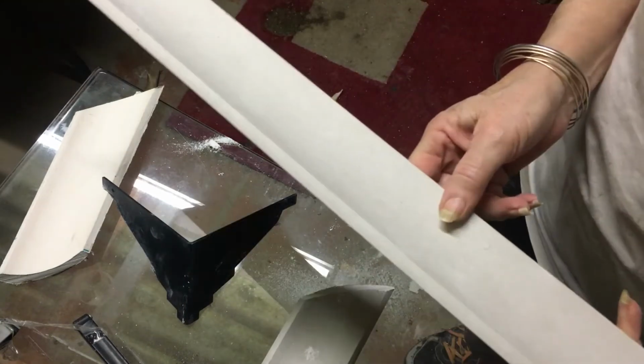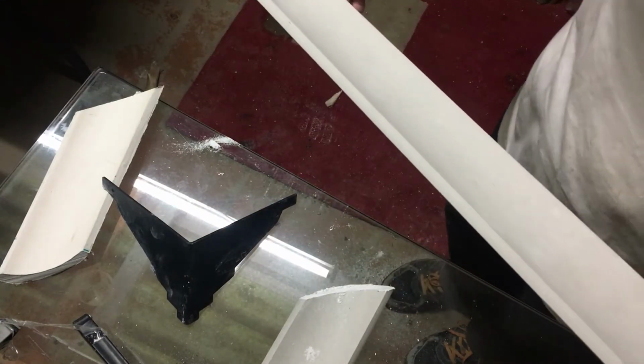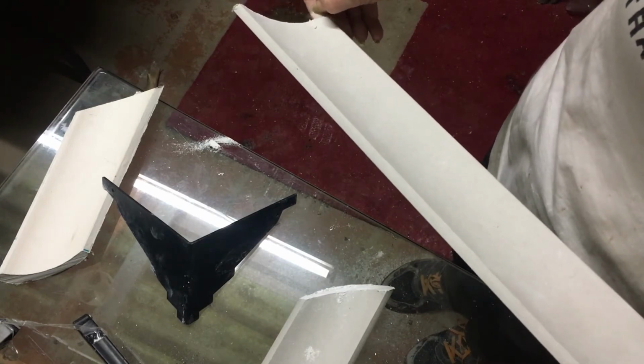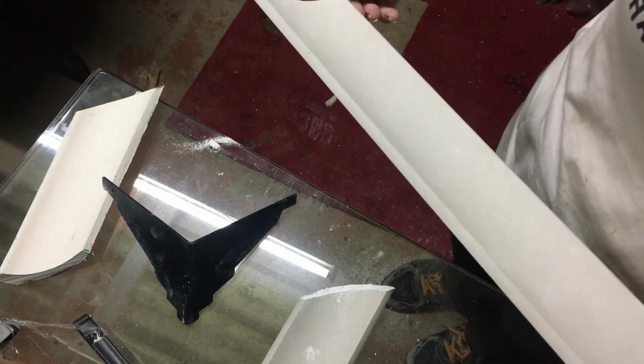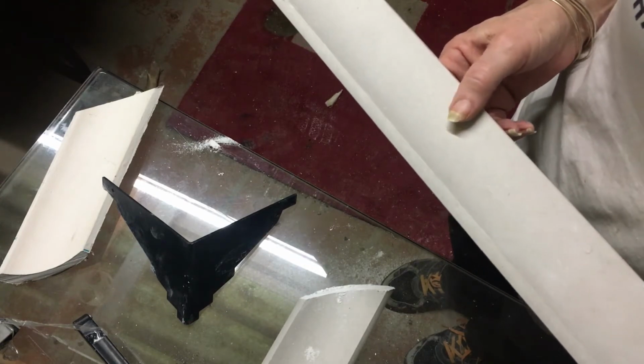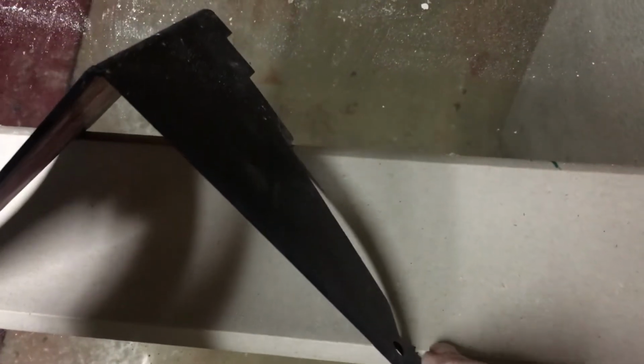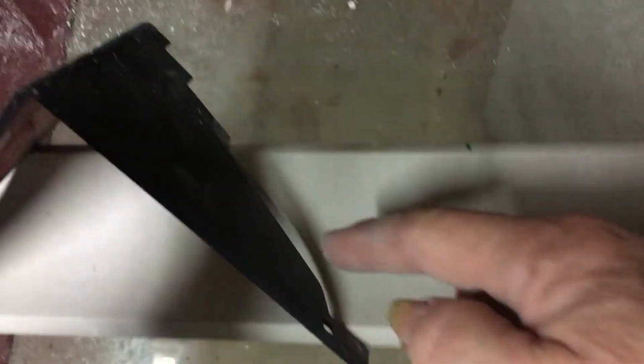Good idea. Once you've cut your cornices, put them up on the wall and mark exactly where you're going to be placing them, so that when it comes time to gluing, you know exactly where they're all going to sit and line up. So the next one I'm going to be doing is, I've got an external angle, which I'm doing as the long to short, and on the other side I've got an internal angle, so I've got a short